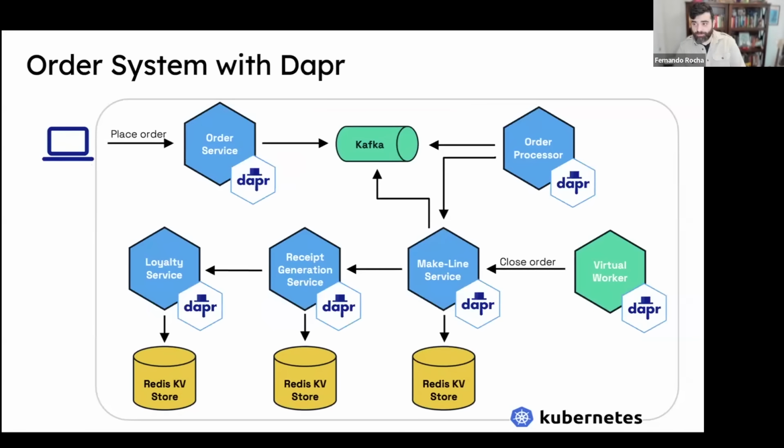You have a sidecar running alongside every single one of your services. That sidecar is responsible for providing you the APIs that abstract all of those needs of managing different clients and provide you that portability. So instead of using the Kafka client, you could use the pub sub API provided by Dapr. Your application doesn't care that you're using Kafka at this point. Only Dapr needs to know that by using configuration files,